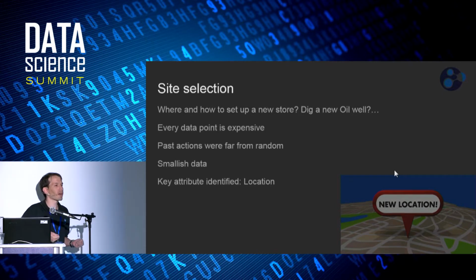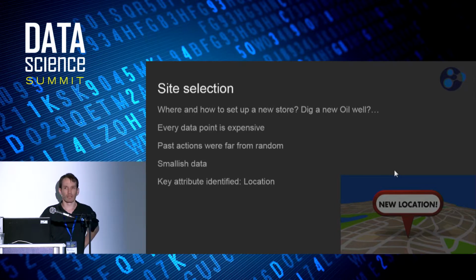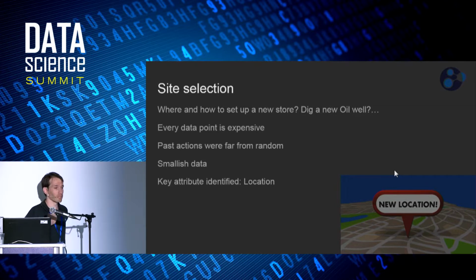We can't do a randomized study and start building randomly. And the past decisions were very far from random. Smart people worked hard in deciding where to build and where to dig every one of these. And we want to recommend new ones. But how do we do that? We don't have a clear propensity model. Also, it's not a discrete action. There are many different choices.